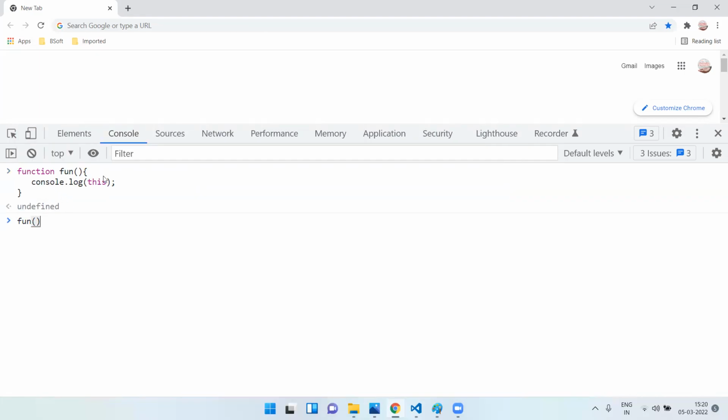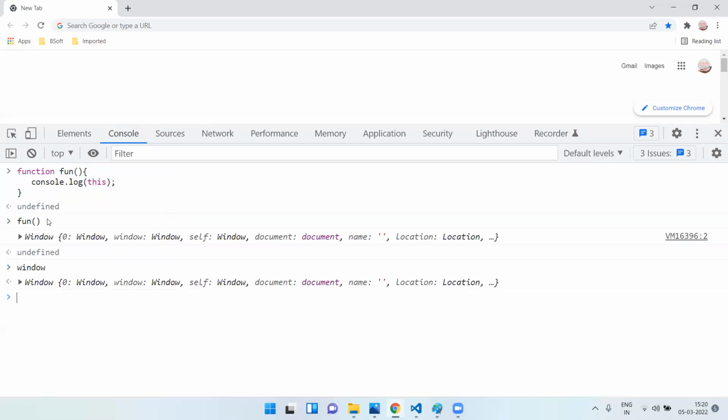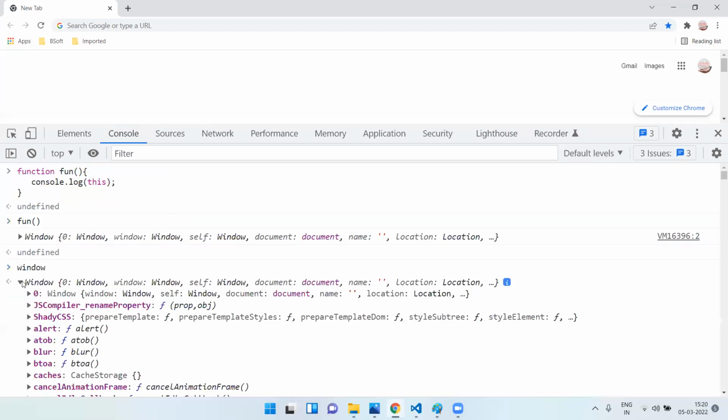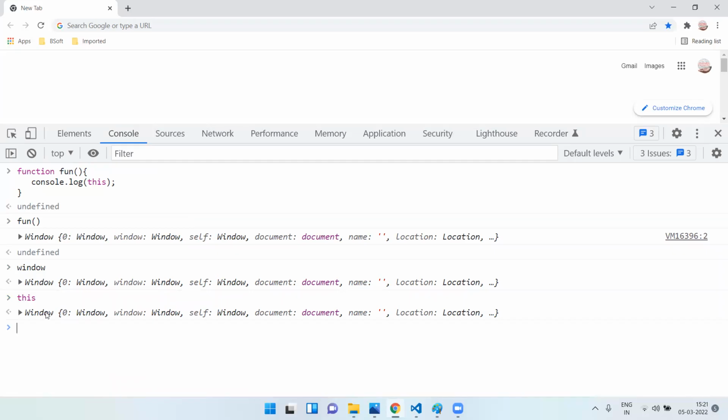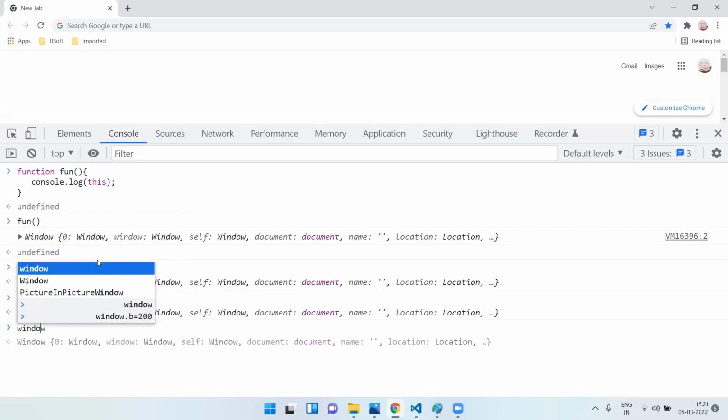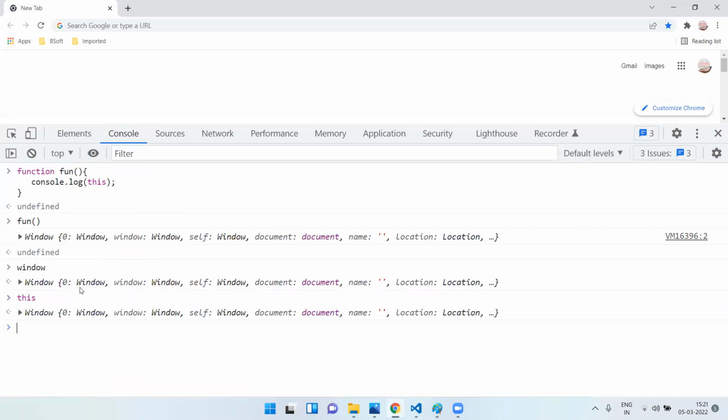If I'm printing this with console.log, this is referring to which object? This is referring to the window object, correct? Yes or no? If I print window here, you can see it is giving me the window object. Likewise, if I print this, then also it gives me the window object. So by default, any variable you declare goes on the window object, right? If I expand this window object,